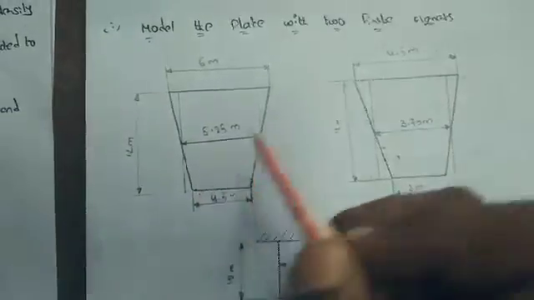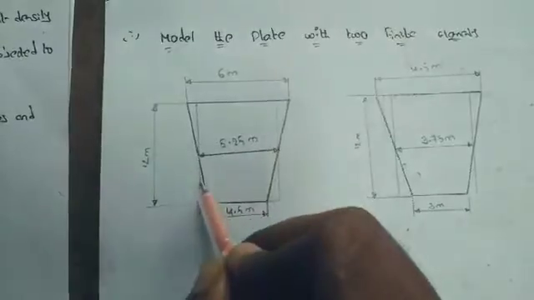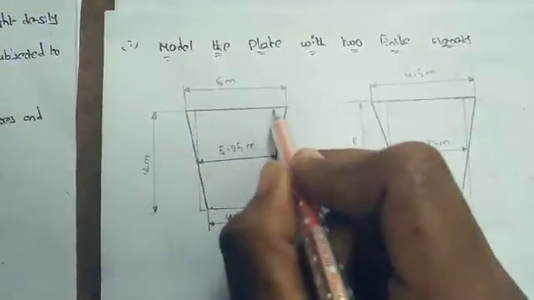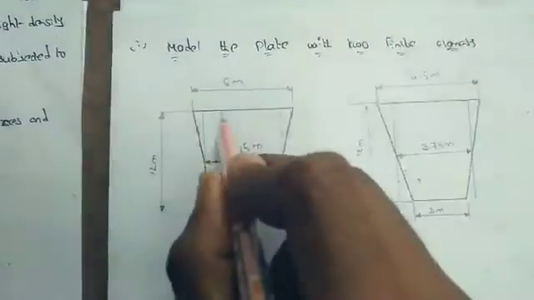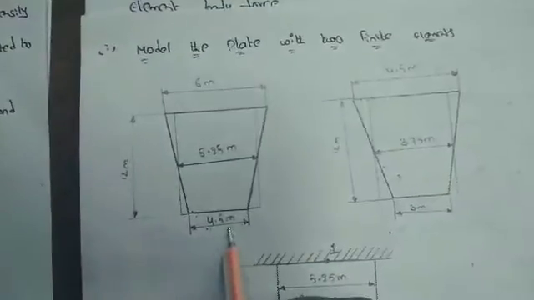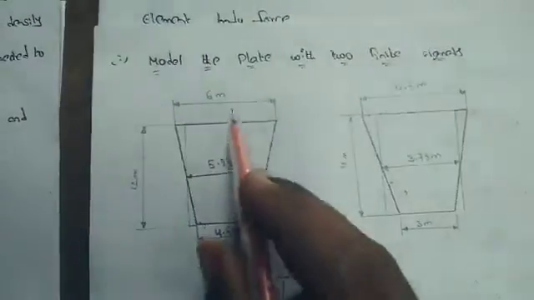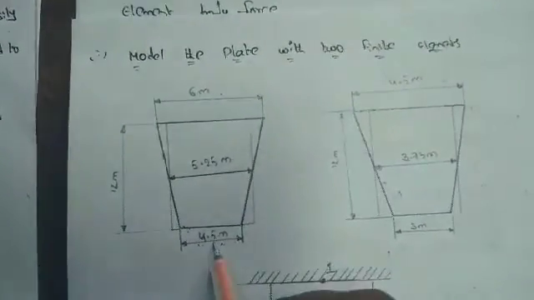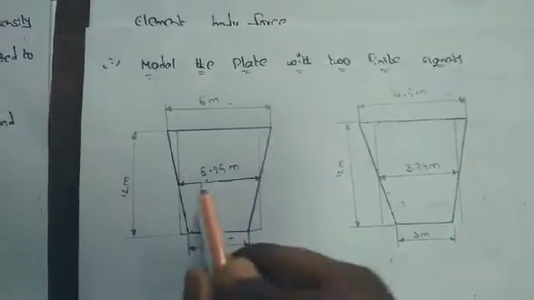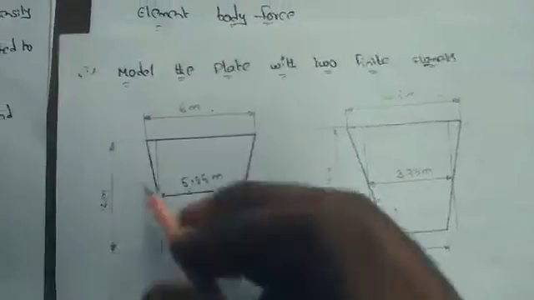Then let's draw a vertical line. This vertical line will indicate one type of rectangle. Here 6 meter is there, here 4.5 meter is there. What is the value of the middle? The mean value of these two. 6 plus 4.5 means 10.5, 10.5 divided by 2 means 5.25. Here the width of this rectangle is 5.25 meter. The length is 12 meter.